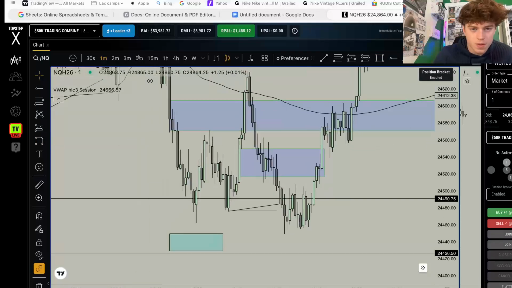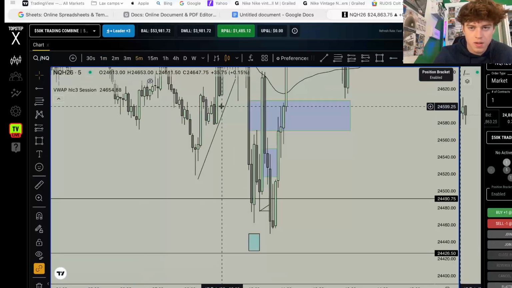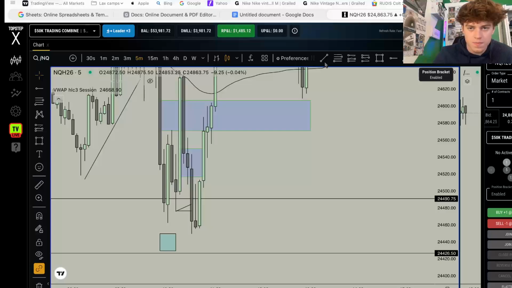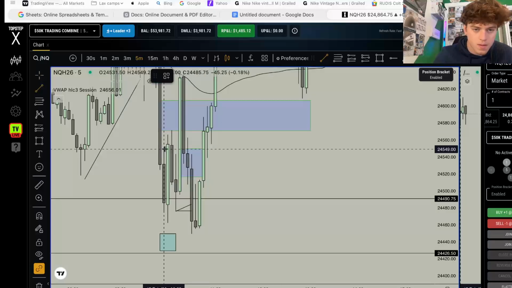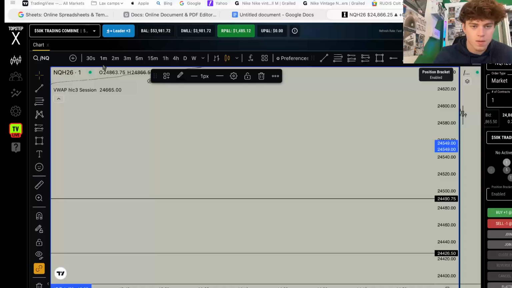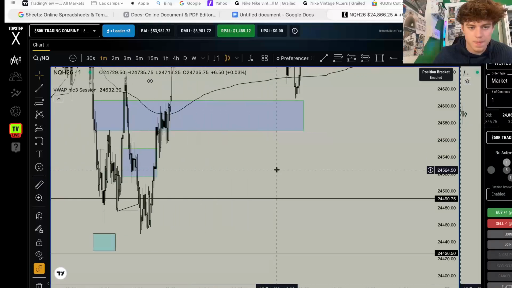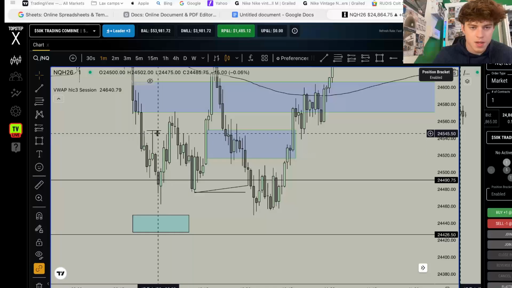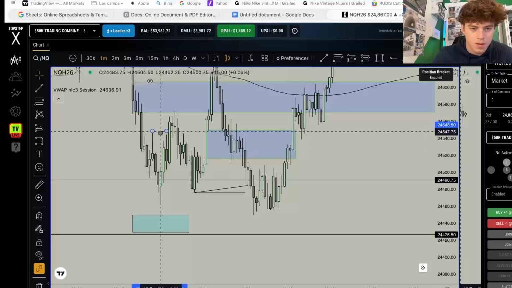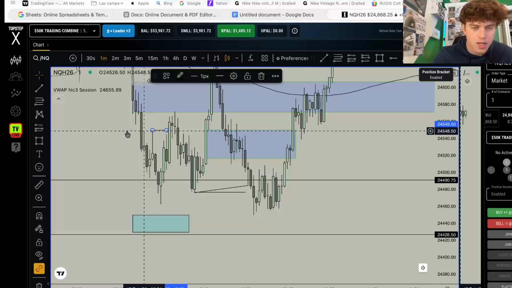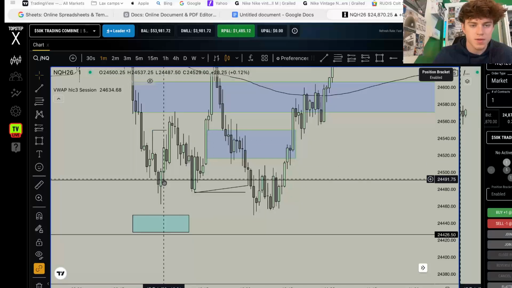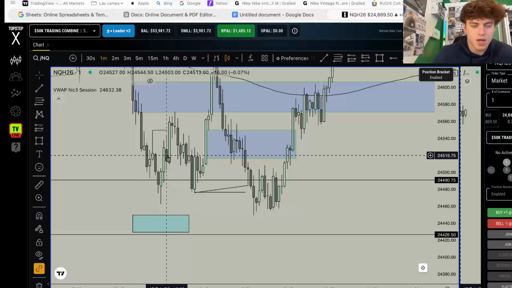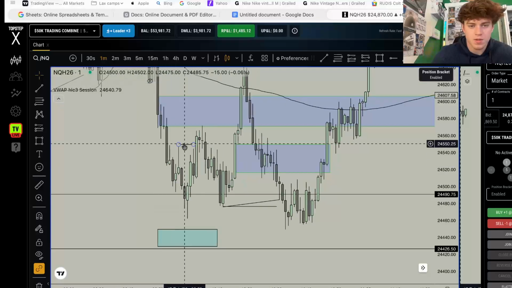Like, I didn't do this today, but today we had a 5-minute gap right here. See this 5-minute gap? Now, what time is it right here? 10:03. We are still inside of the macro. We took out that low, made an inversion up. You could have entered on this and used it like a mech model.